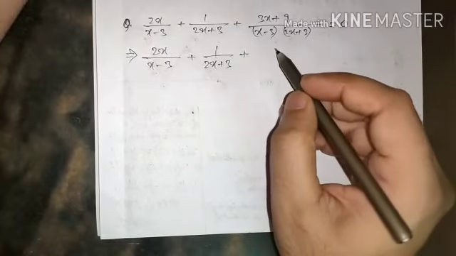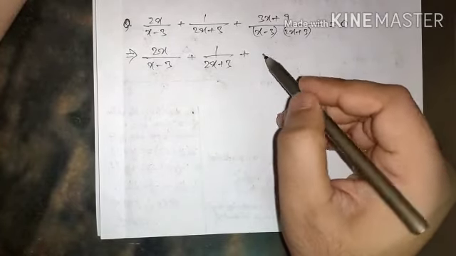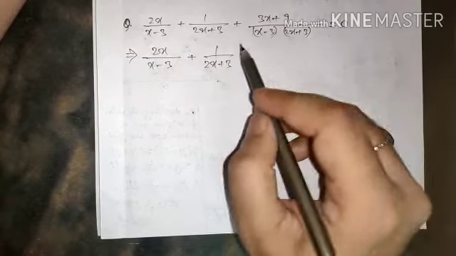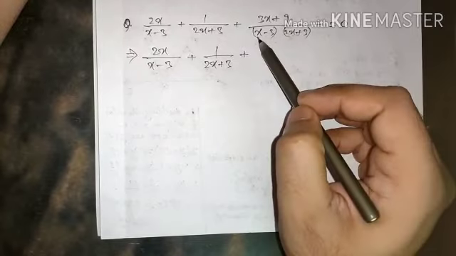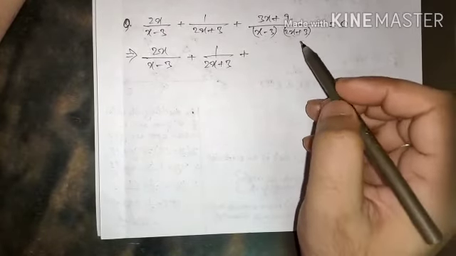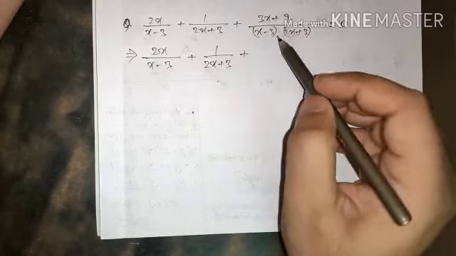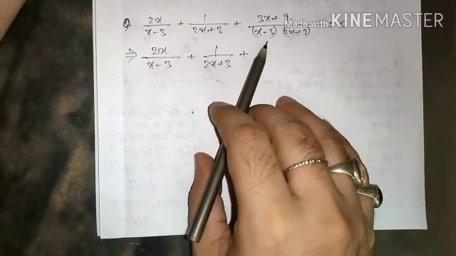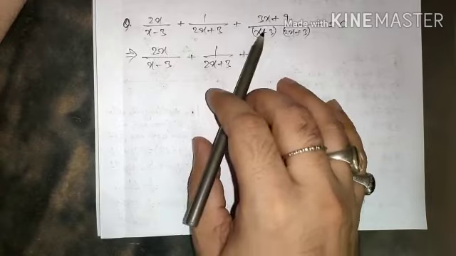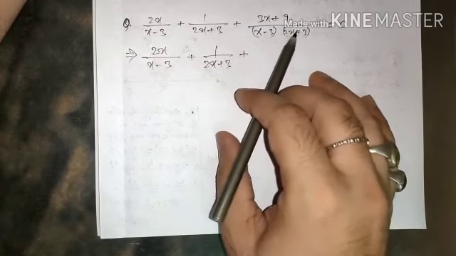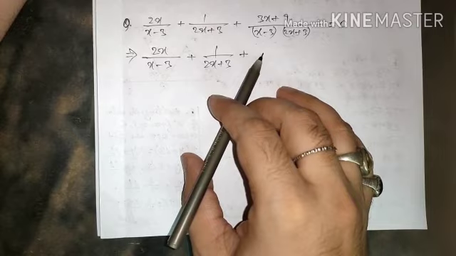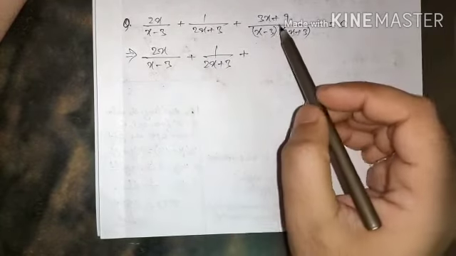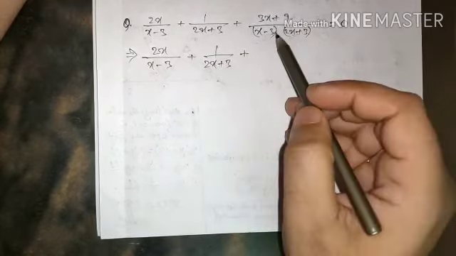See, I'm doing it directly for you, and then I'll let you understand how I did it. As you can see, we have 3x plus 9 at the top, and at the bottom x minus 3 and 2x multiplied by 2x plus 3. Now if we want to split this whole into a fraction having the denominator x minus 3, and a fraction having the denominator 2x plus 3, is it possible? Yes, it is possible. So how is it possible?